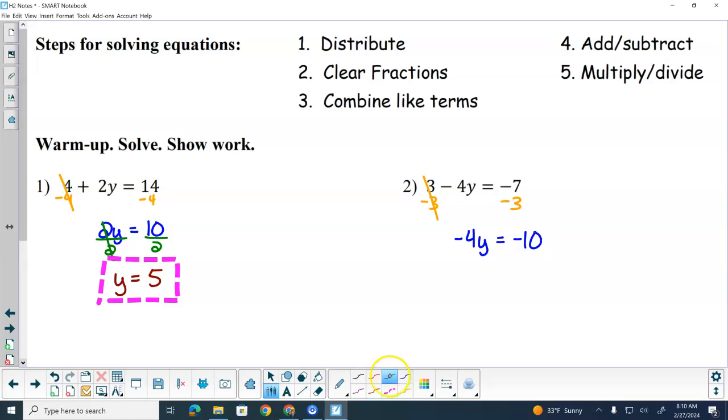Divide both sides by negative 4. That goes away. Ash, what do we get then? Left side. What's the only thing that's left? Y equals